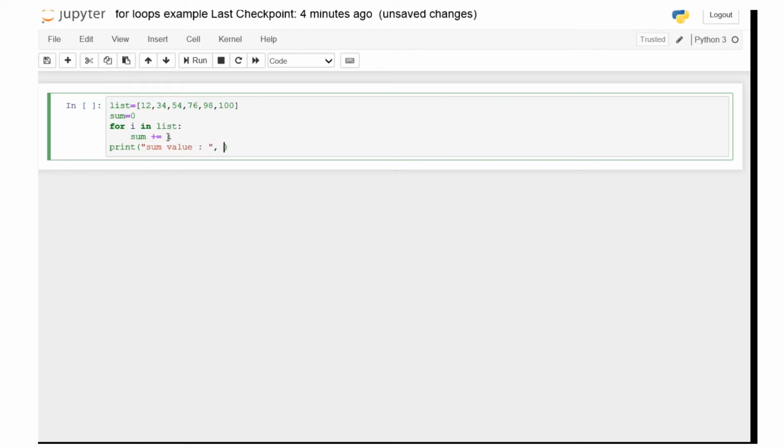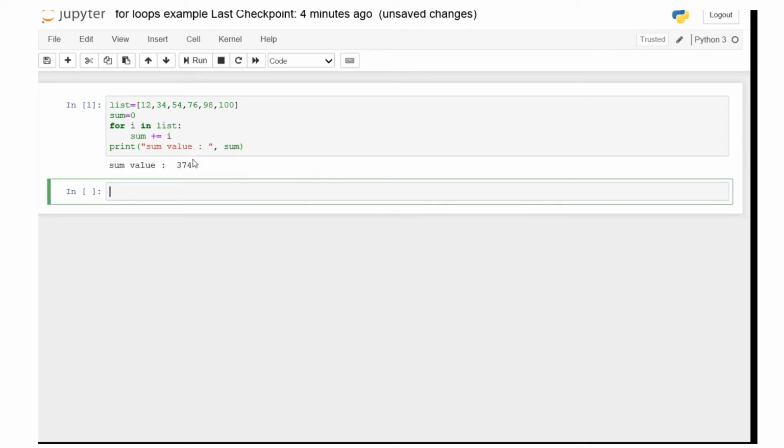Now we are going to execute the program. Let us see what comes. We get the output. The program adds all the elements present in the given list. This is just a small and simple example of how we can make use of a for loop in a list.